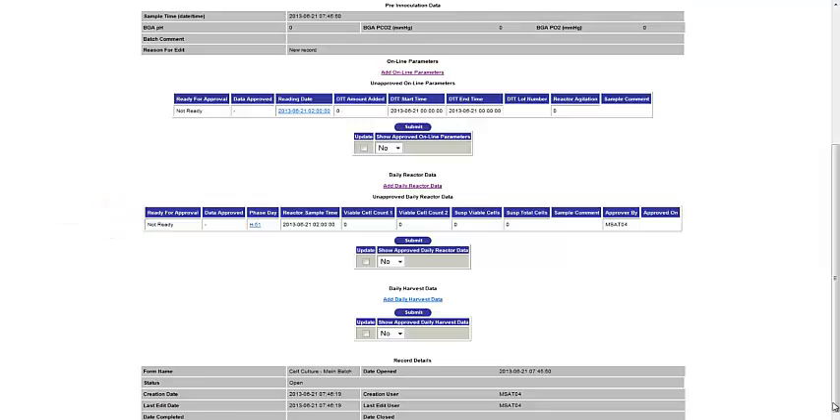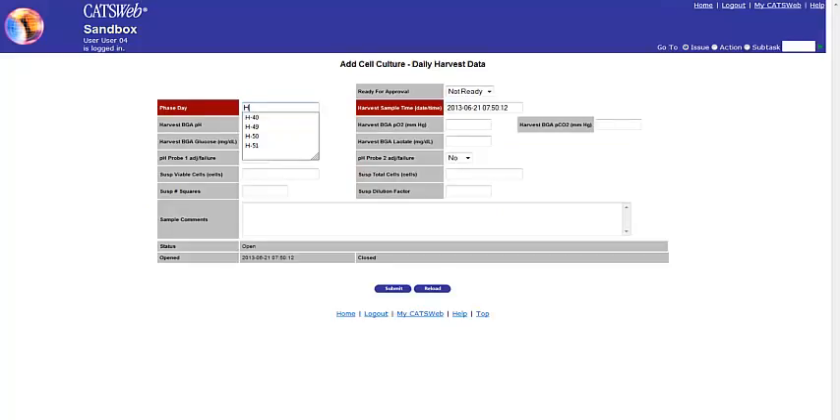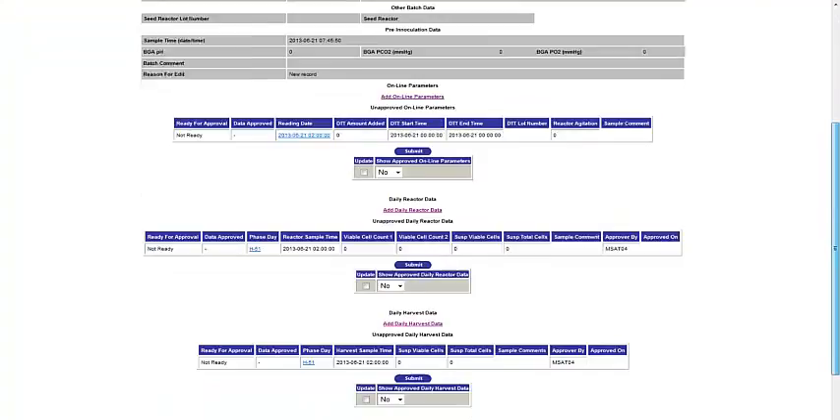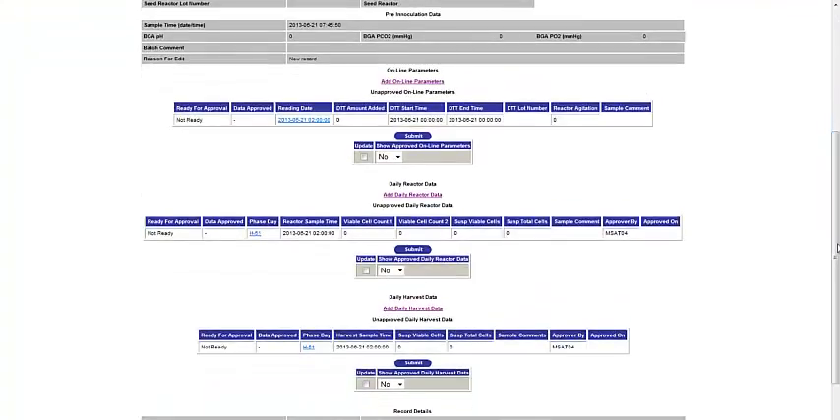And finally, let's enter data for daily harvest data. You've now added data for all three subtasks. You can add more subtask data as needed. For example,